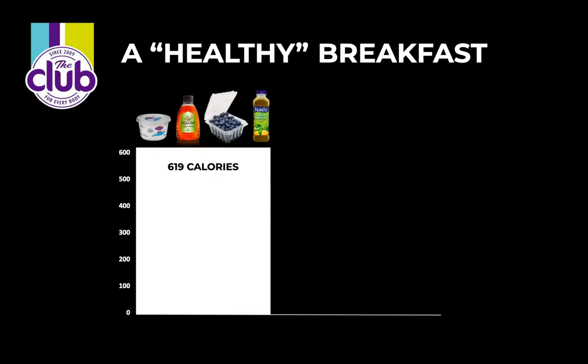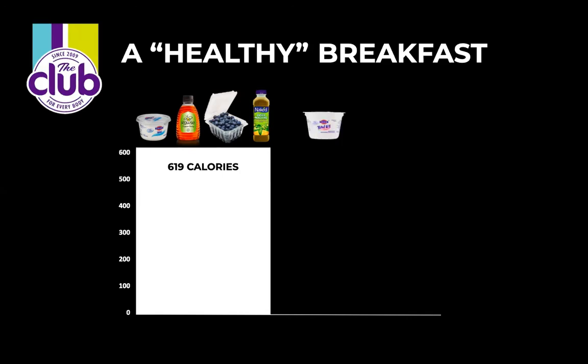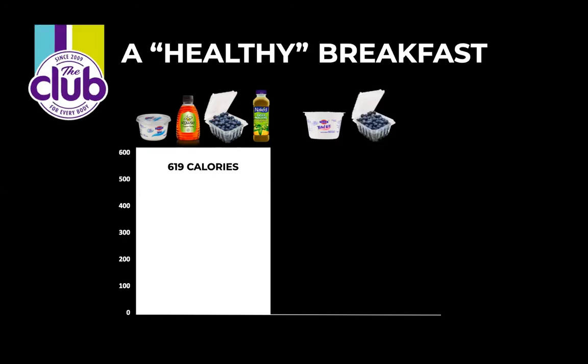So let's have a look at how calorie density can actually affect a meal. We're going to look at a healthy breakfast on the left-hand side. We've got some yogurt, some honey, some blueberries, and a Naked green drink. So that comes with about 619 calories. Now, if you swap the yogurt for the 0% yogurt, so it's slightly low calorie, and then we took out the honey but kept the blueberries, and we swapped the Naked green drink with a powdered greens drink,